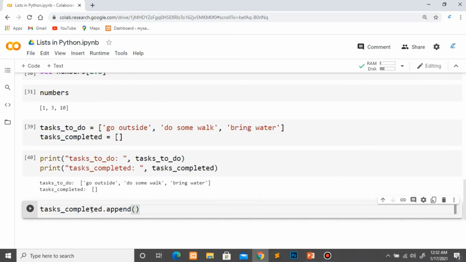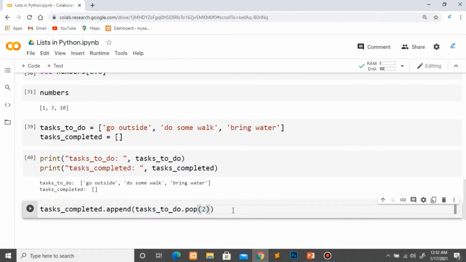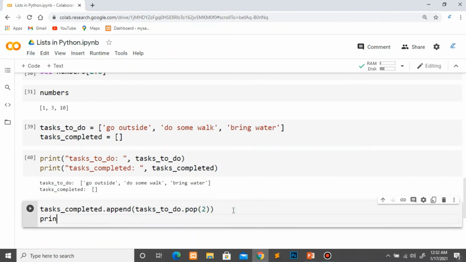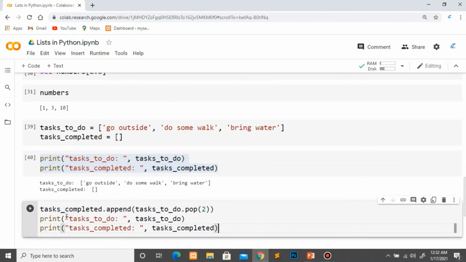And then in this append I will write task to do dot pop. What to pop? Pop the value which is at index number 2. Here bring water is at index number 2, so I will write here 2. And then I want to print these two, so I will copy and then paste here.